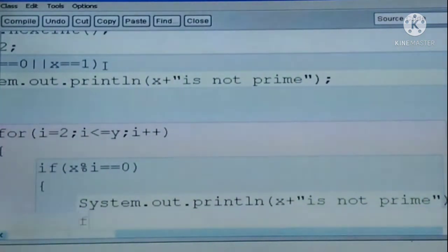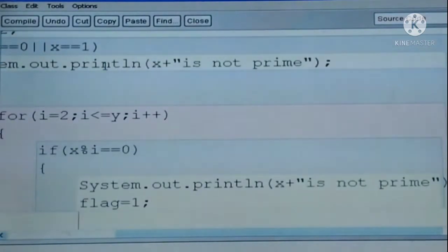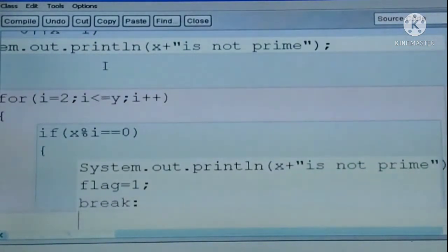Okay, flag equals 1, so I will turn flag into 1 and I will come out of the loop.